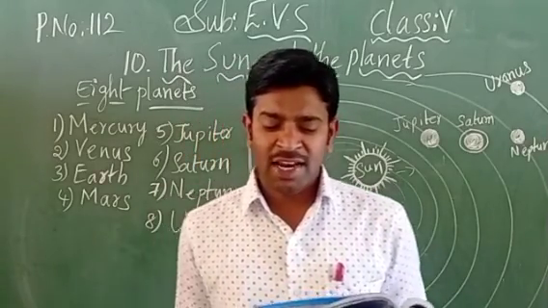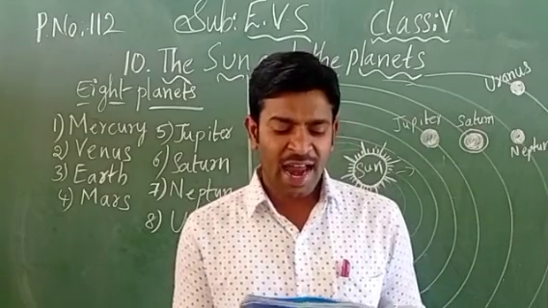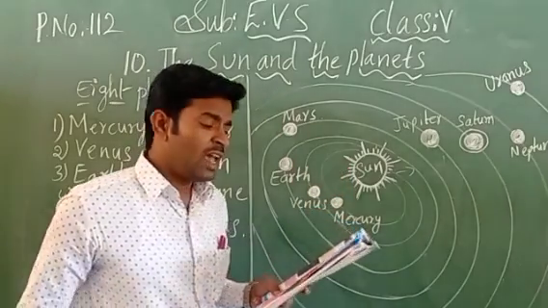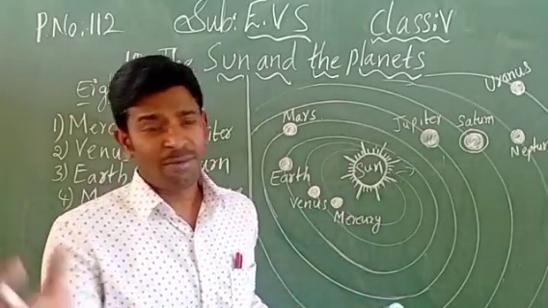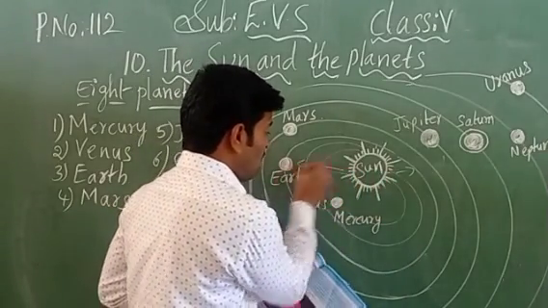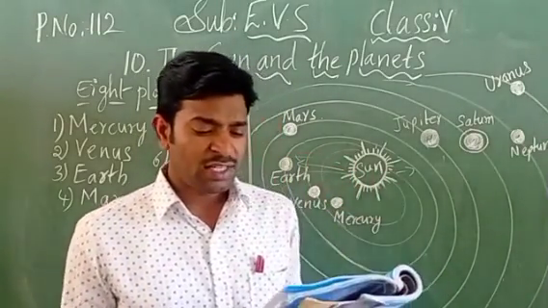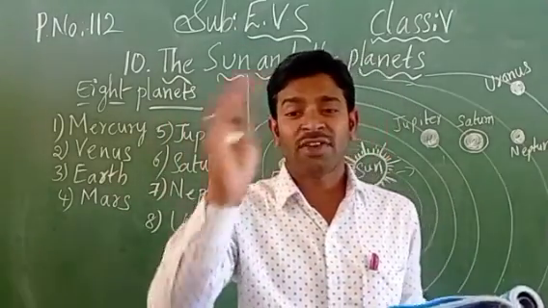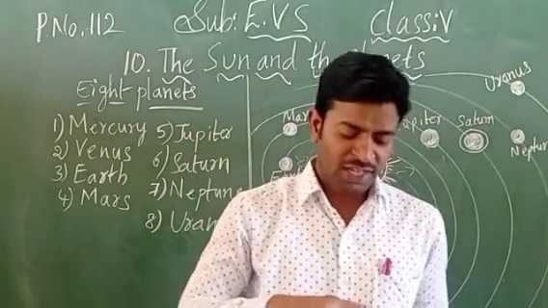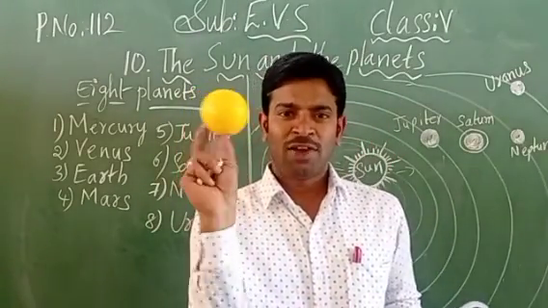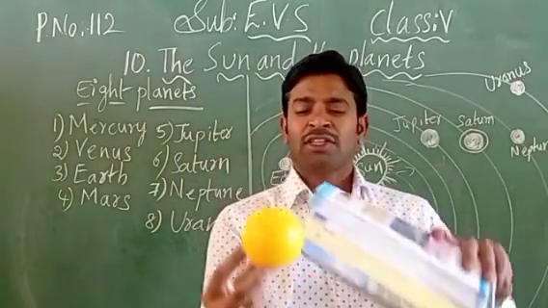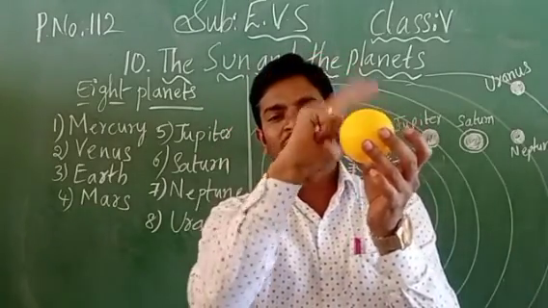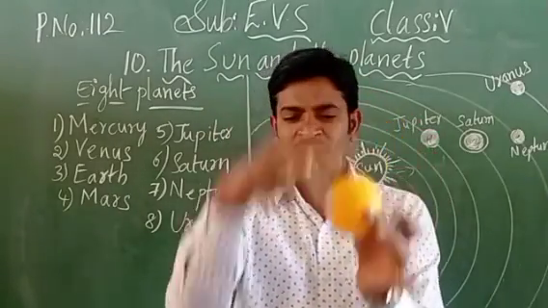Next, some portion of this energy in the form of light and heat reaches the earth's surface. So some portion of the energy, in the form of light, children, will come. All the rays are coming and falling on the earth. So it is one form of light and heat that reaches the surface of the earth. Our earth is also spherical in shape, children. It is also like a ball. Every planet is round in shape. This is called the surface of the earth. Not inside, the surface of the earth, children.